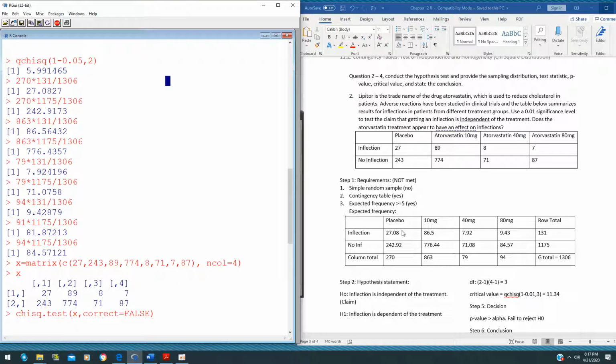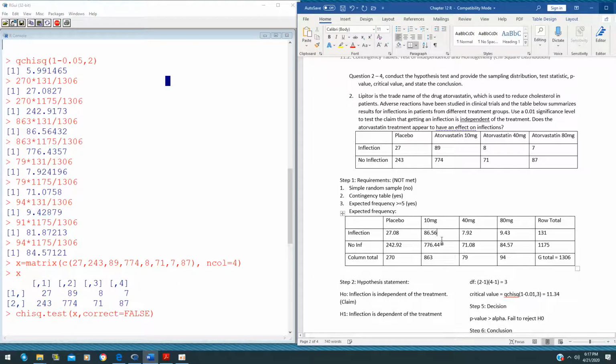And you do the same thing for placebo with no infection. 270 times 1175 divided by 1306, so that will give us 242.92. And then for 10 milligrams infections, we do 863 times 131 divided by 1306. That will give us 86.56. Forget my 6 there. Usually around 2 decimal places is what I want you to do. 10 milligrams with no infections, 863 times 1175 divided by 1306. That will give me